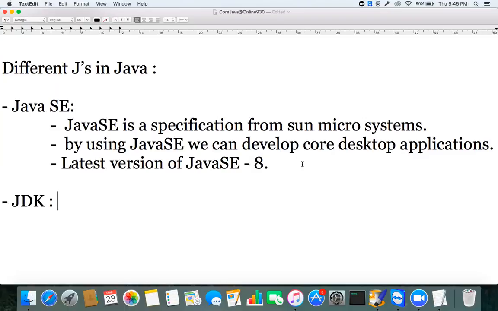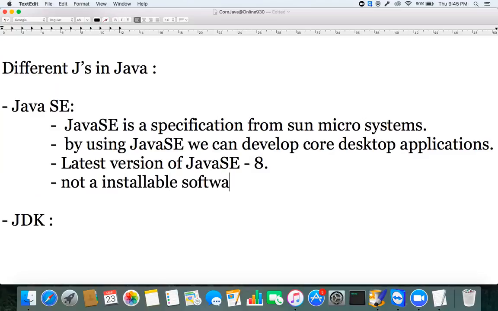If you want, you can mention this one. This Java SE is not an installable software. Meaning it is just a specification. Sun Microsystems has given that specification. It is not installable software. For this Java SE specification, one of the implementations is nothing but